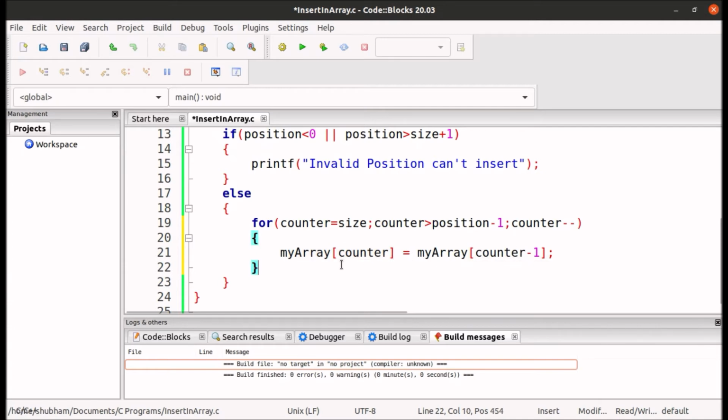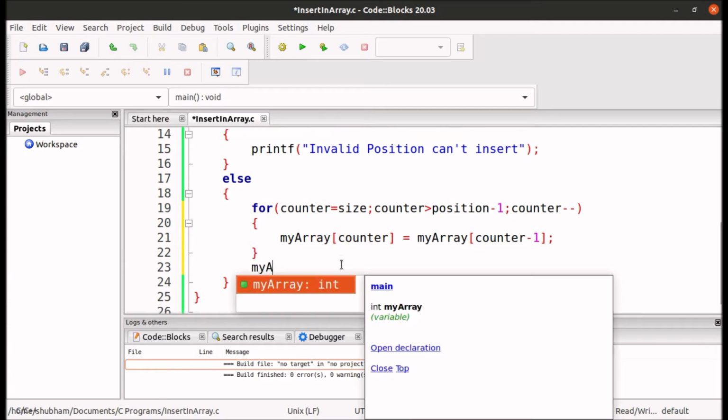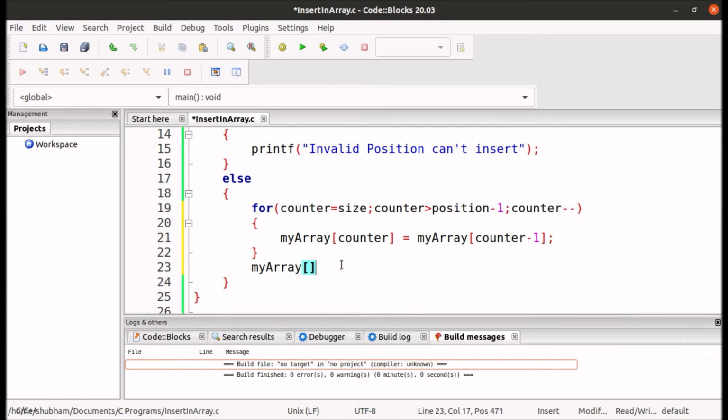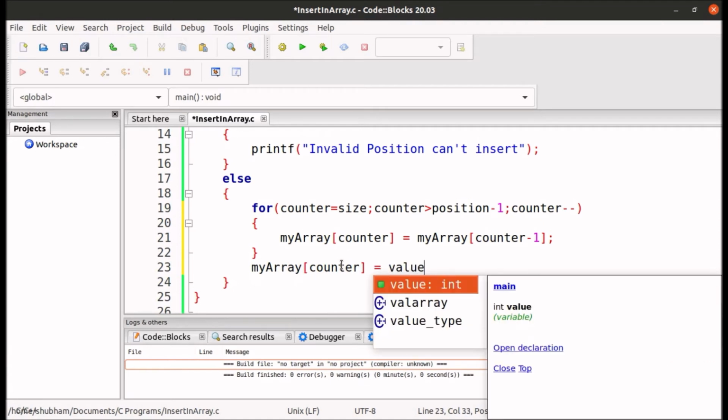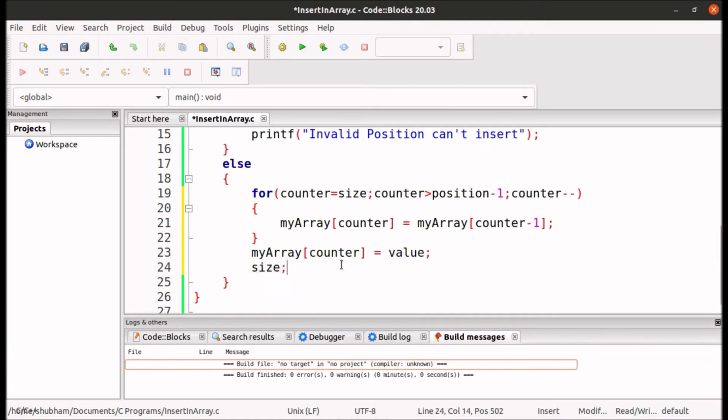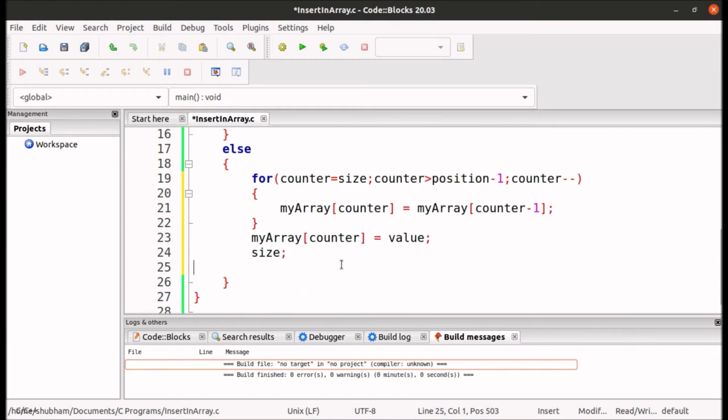And after doing that, I will be inserting the element at 3rd position, which is counter, and the value, and increasing the size.